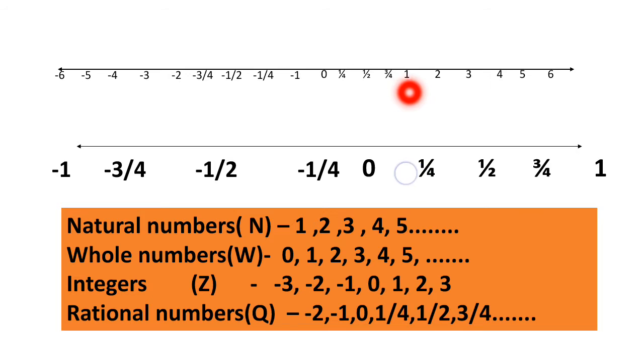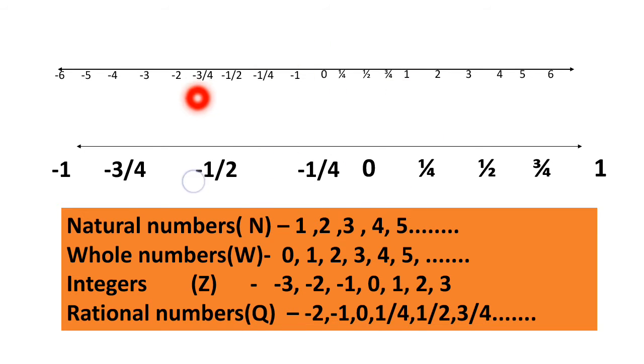So let us see now from 1, 2, 3, 4, 5, 6, again it will go from 1, 2, 3, 4. What are all these numbers called as? So friends, these numbers are called as natural numbers and it is denoted by capital N. Next, what about this 0? If I am including 0 along with the natural numbers, it is called as the whole number and it is denoted by capital W.